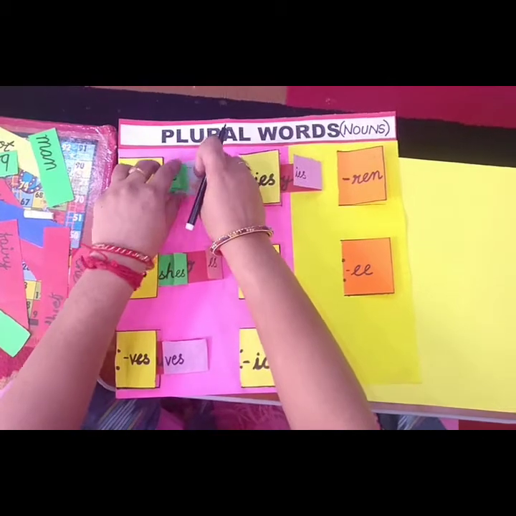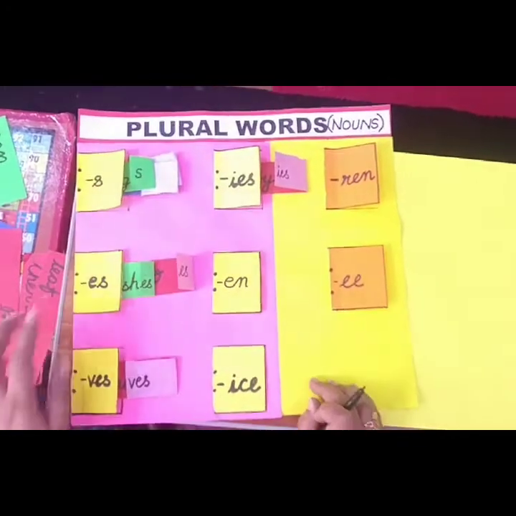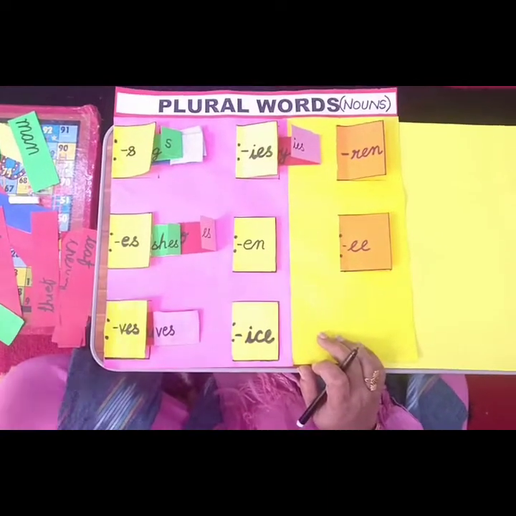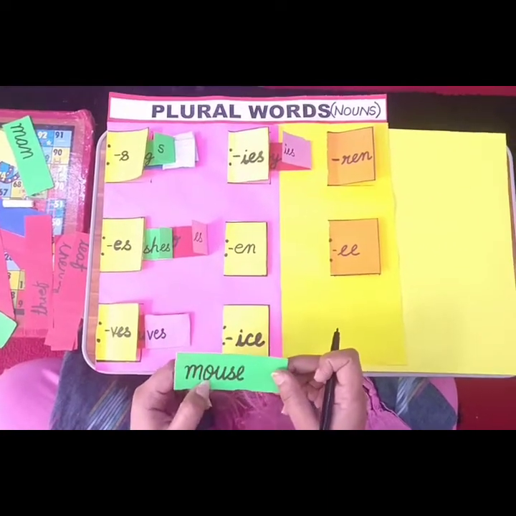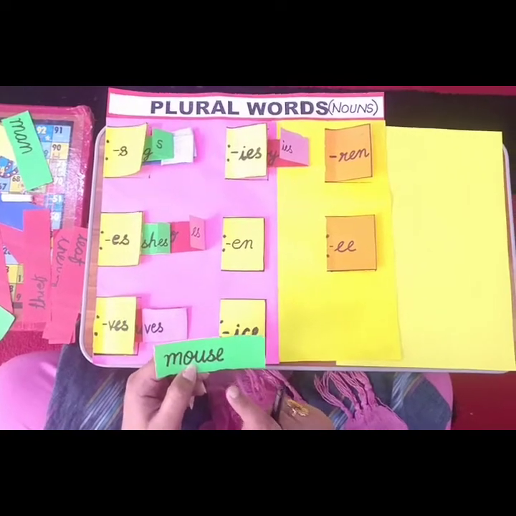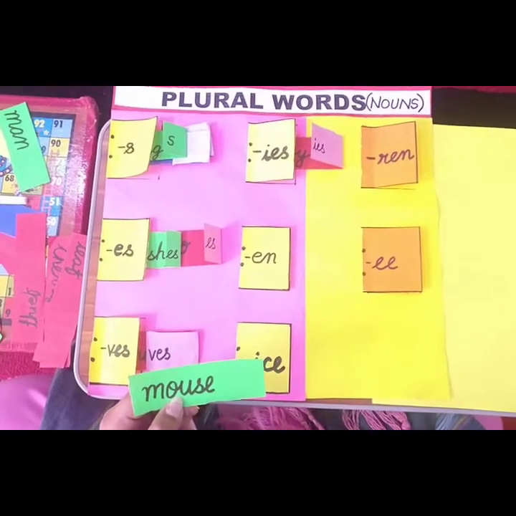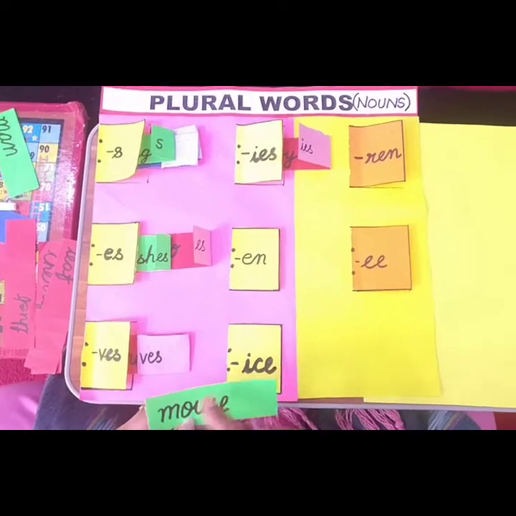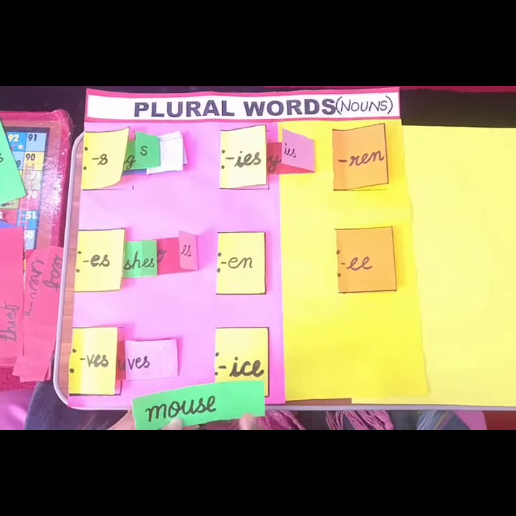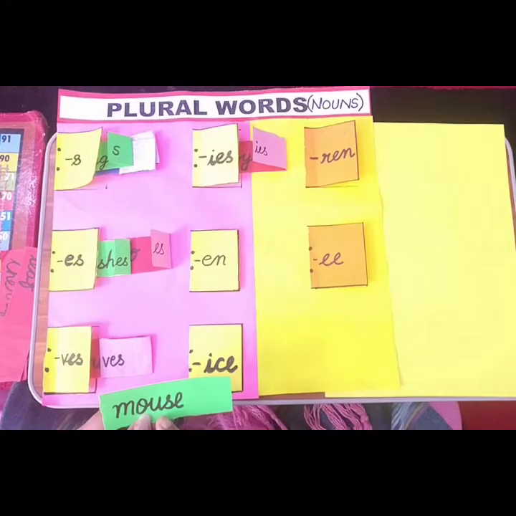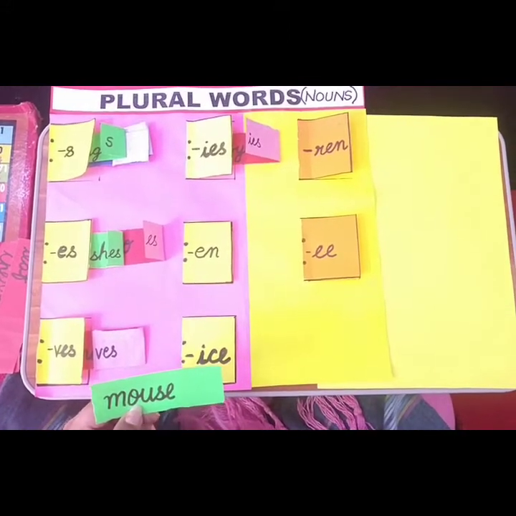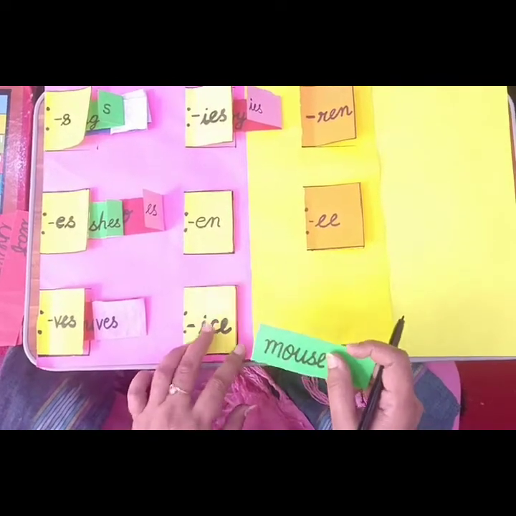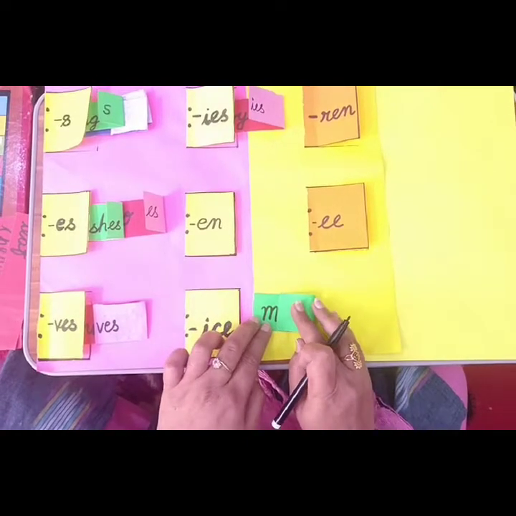So similarly we'll paste a number of words like that. Suppose I am going to take one more word. Suppose I have the word mouse. So what is the plural of the word mouse? I have told you children, in many words we change the vowel. We change the vowel and the whole word changes to make it plural. Suppose the single word is mouse. So plural of mouse is mice. Here the vowels are being changed and the whole word gets changed. So this mouse will become mice.